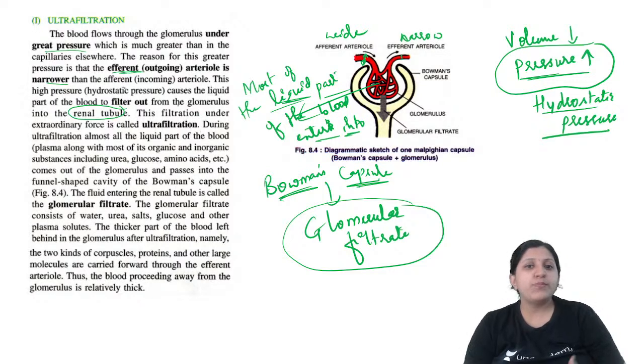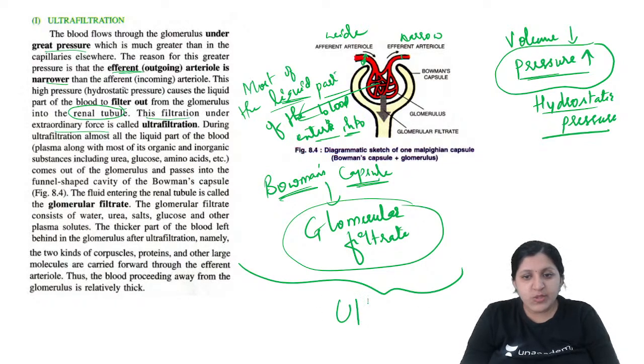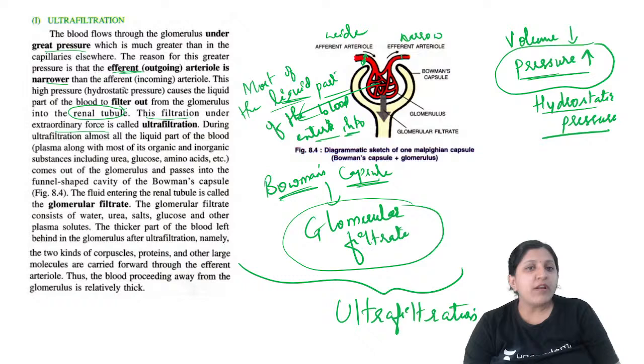So this whole process, this filtration under extraordinary force, we call ultrafiltration. During ultrafiltration, almost all the liquid part of the blood, basically the plasma, along with most of its organic and inorganic substances, including urea, glucose, amino acids, etc., is going to come out of the glomerulus and pass into the funnel shaped cavity called